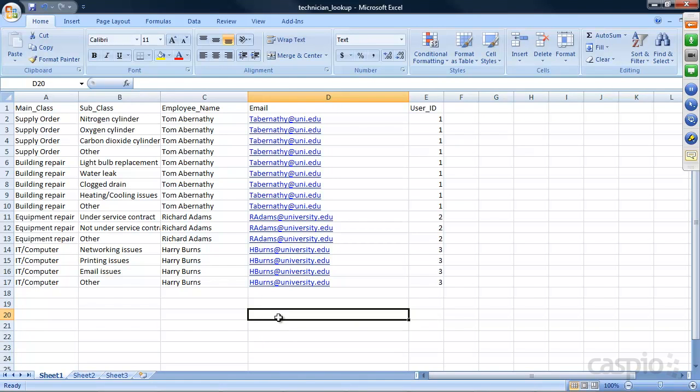So use Excel to build any lookup table that you like, and then simply what you can do is upload this table into your Caspio account. And again, just to recap on the cascading dropdown, for every subclass, you need to repeat the main class, which is that request type. Okay, and then of course the name of the employee who's going to be assigned to that request. So let's go ahead and upload this table into our